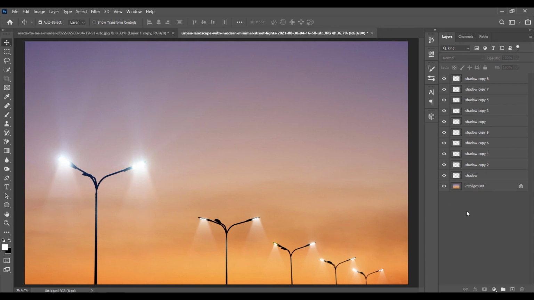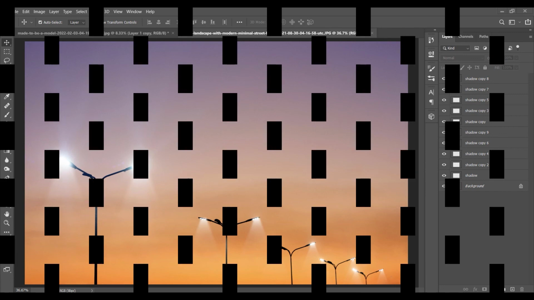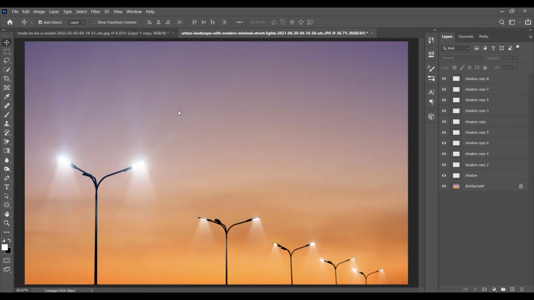Now you can see how we were able to make a very nice and realistic shadow. You can use this shadow effect in each and every one of your projects in your design, and it can be very helpful and it will look very natural. We are at the end of this lesson, but we learned together a very useful technique in Photoshop. I wish that you like this technique and that you use it in your